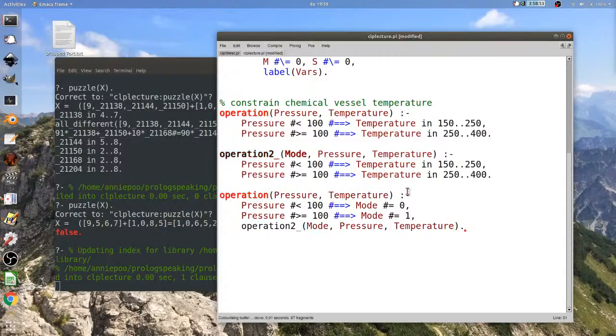Okay, and then we have to do something with mode. But let me point out, this is Prolog, and these things are actually just terms anyway. So bizarrely enough, there's something sneaky you can do here.